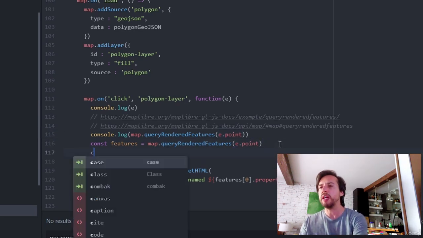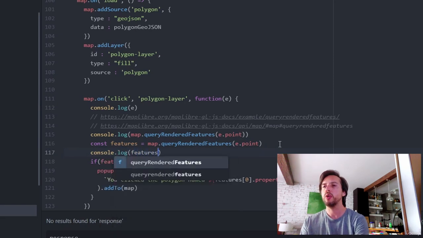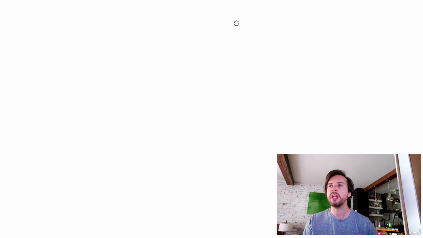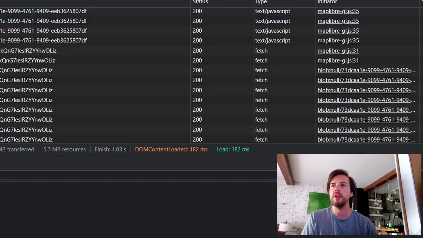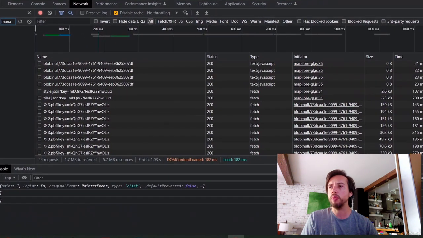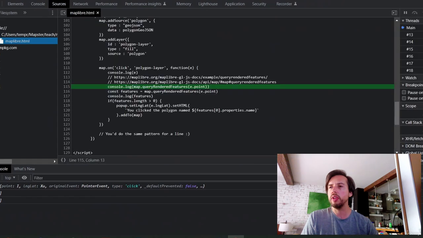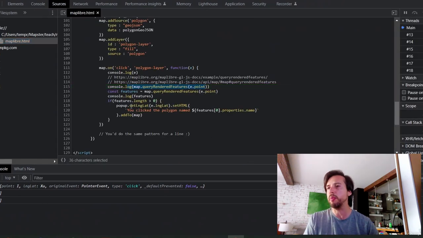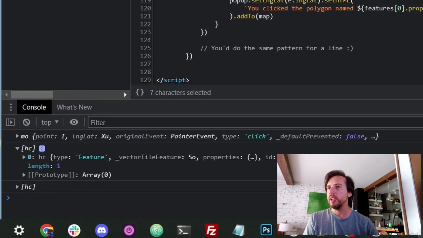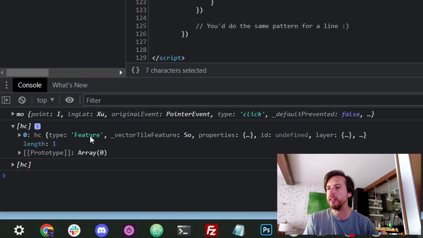Now, what do we get back when we query that? First of all, it's features, not feature. So I'm going to get back an array, is one of the first things to note. So I click on this. I guess I already was console logging this. So yeah, right, I already console logged what we actually get back, which is the same thing as I'm console logging here. And you can see it's an array, and the array has a feature in it,